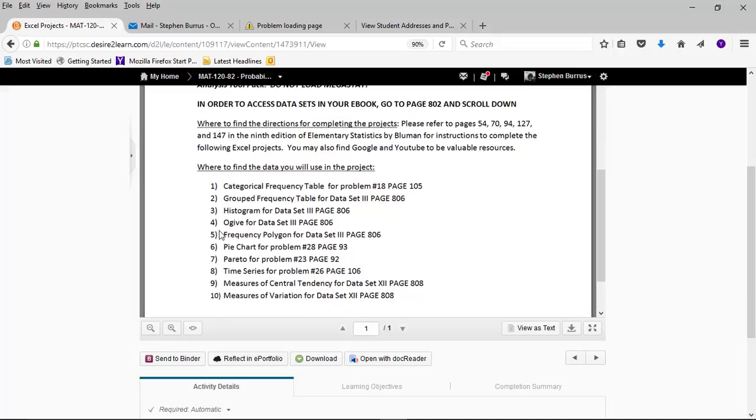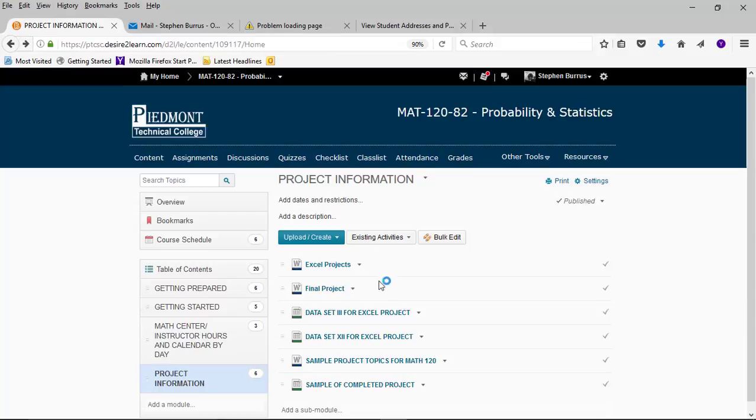Now, parts 2, 3, 4, and 5 all use data set number 3 from page 806 in the hard copy of the book. If you're using the electronic version at Connect Math, there is no page 806. Finding that, you'll need to go into the end matter. That can be a little bit difficult. So we have gone ahead and, under the Project Information tab in Excel, copied data set 3 for you. It has 108 data values. You probably don't want to input all of those by hand. So just open up data set number 3 in Excel and copy and paste it